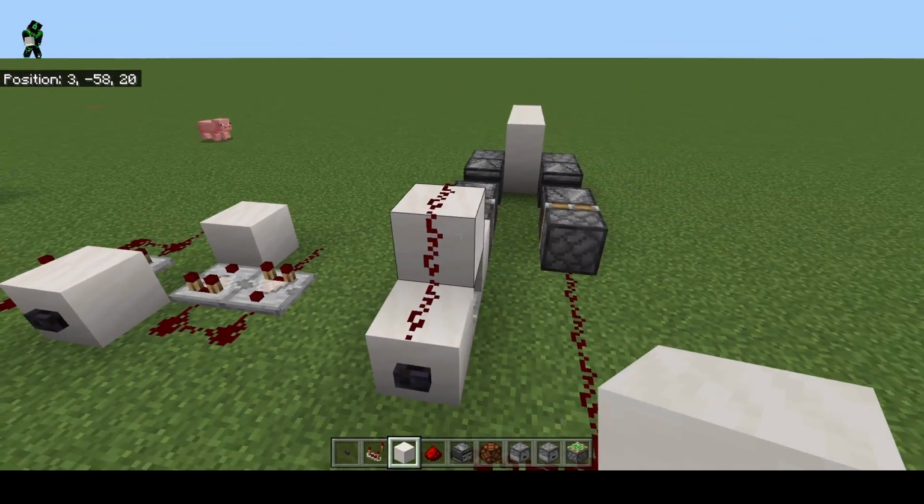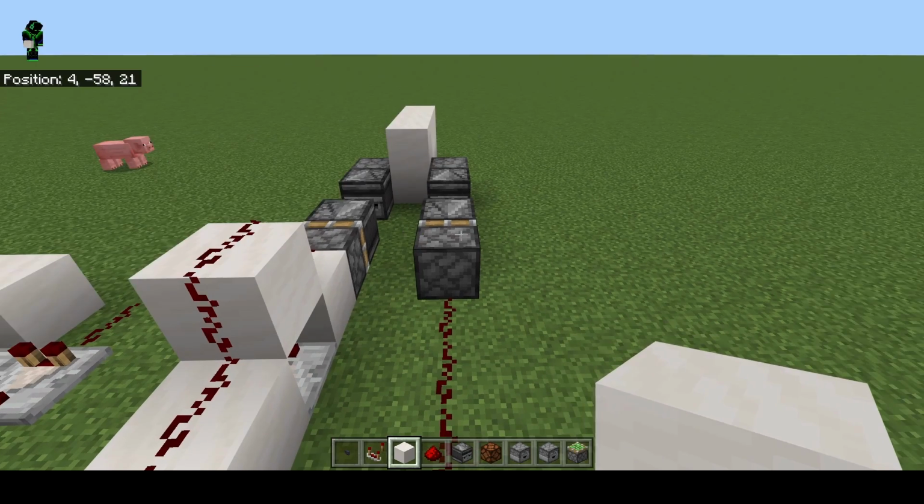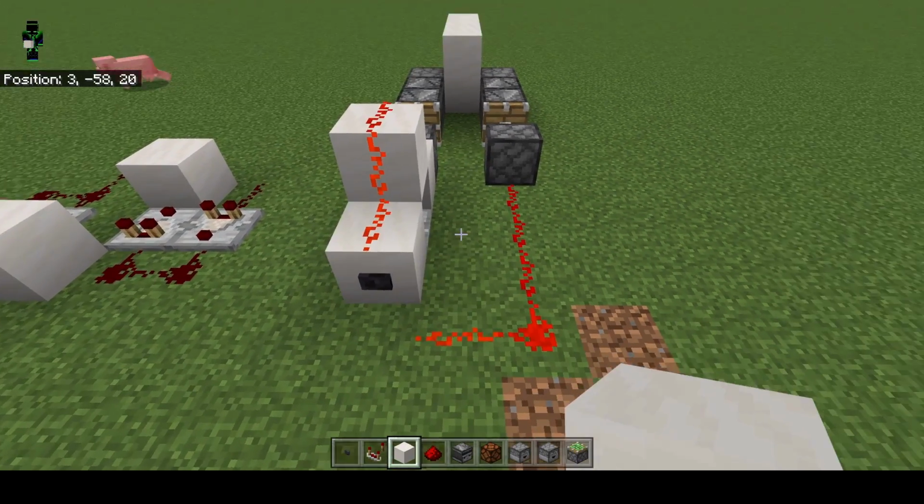Now, I have used this for gambling machines. I have used it for, not randomizers, what am I looking for here? To get a certain amount of items to go into a hopper to do different things. There's a bunch of different things you can use it for, but just to show you the difference,